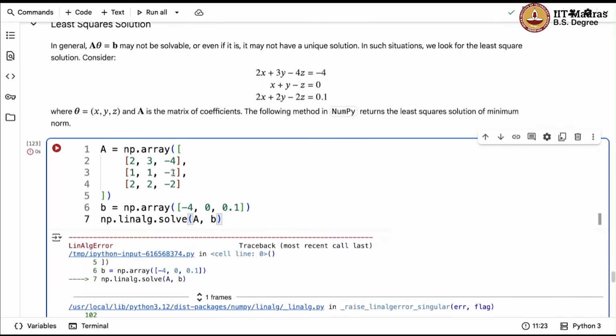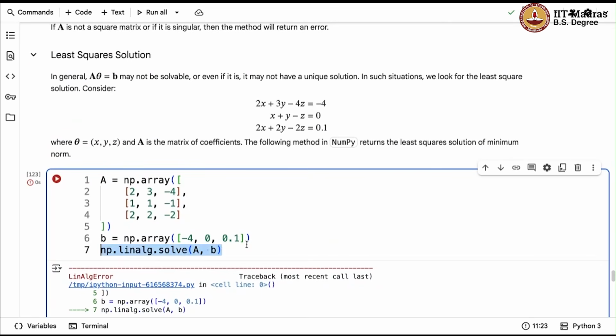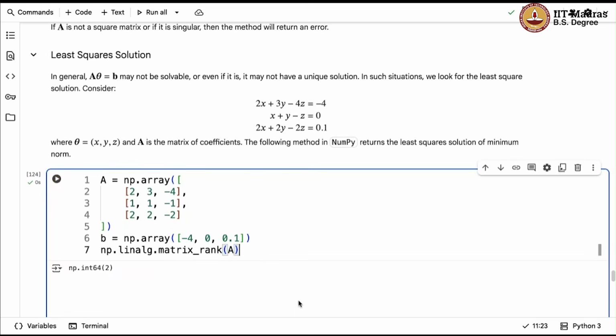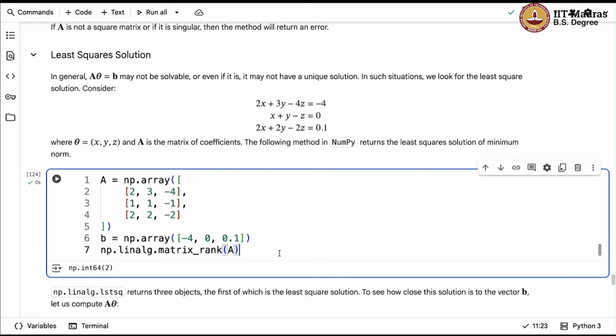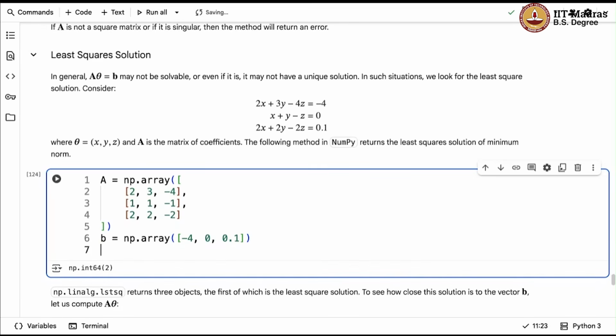We get a linear algebra error. It's a singular matrix. In fact, we can verify that it's indeed singular by looking at np.linalg.matrix_rank of a, and the matrix rank is 2. It's not full rank, therefore it's not invertible. You can't use the solve method. So what do you do in such situations? You can use